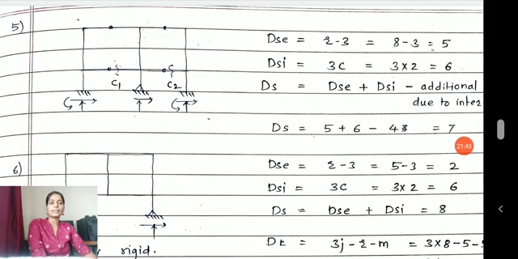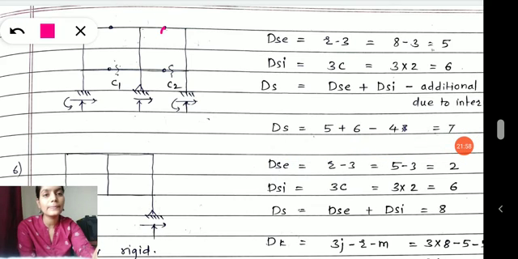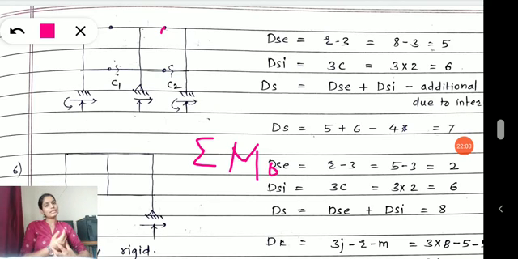Now let's see the next problem in which I am trying to solve again a frame with the same pattern, but here I have added an internal hinge in my frame. Now why do we provide internal hinges? Basically what you're supposed to know about hinges is that a hinge provides summation of moment equal to 0. It means that at hinges moments are always equal to 0 and will not be allowed. Okay, if they were allowed, structural stability would not be maintained. Stability of the structure would get disturbed.